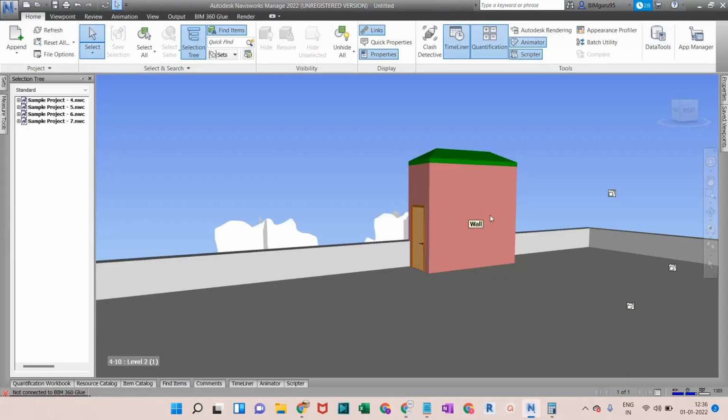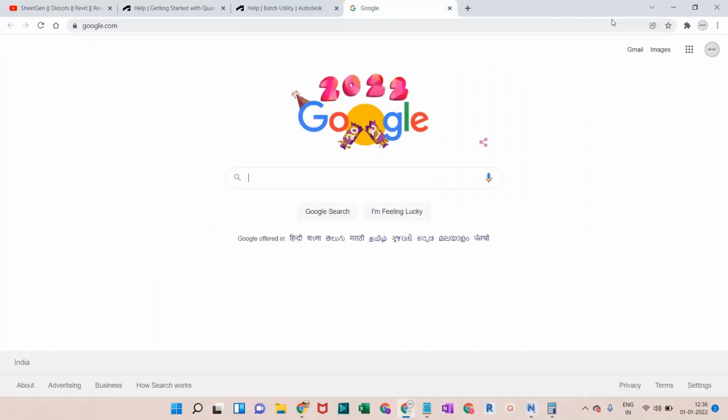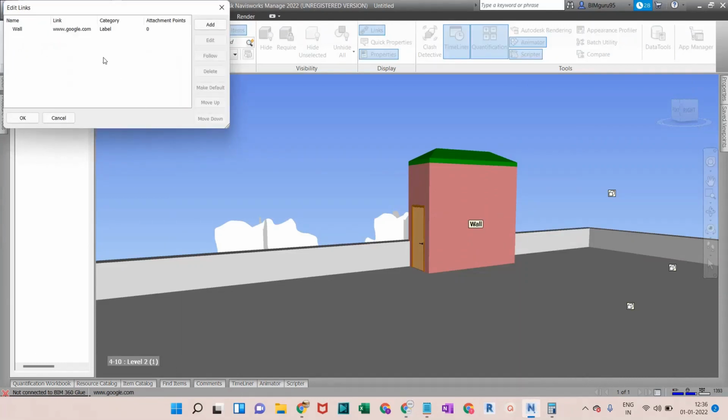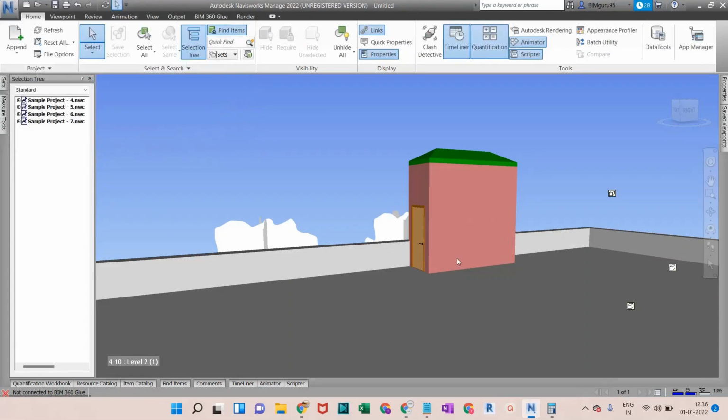That's how it will work, and I can turn it off by clicking on this one, or if I want to delete it, I can right click on that one, edit the link, click on that particular link and delete the link. Perfect. That is how we can delete that one as well.